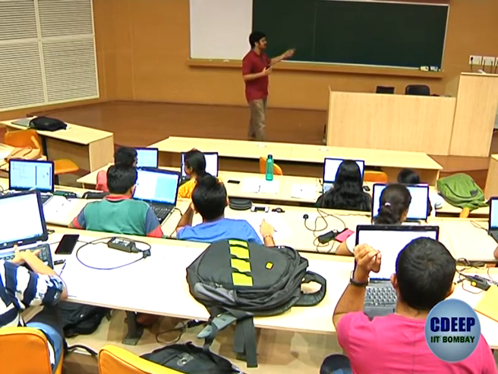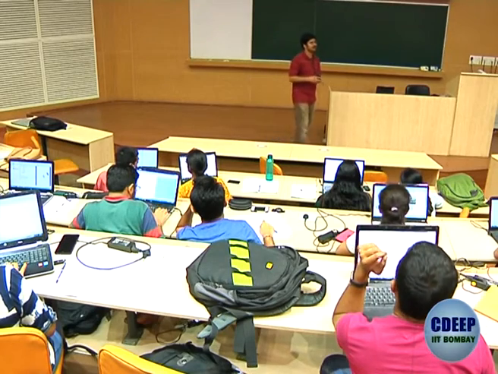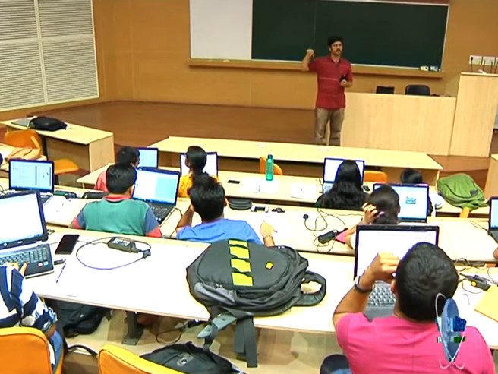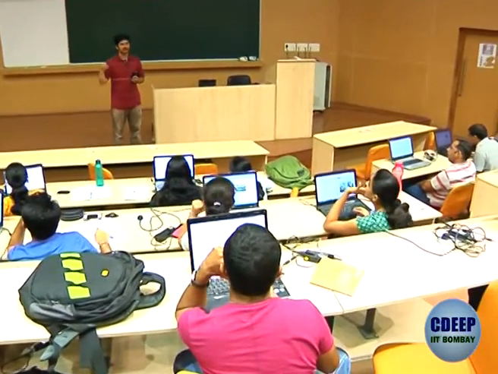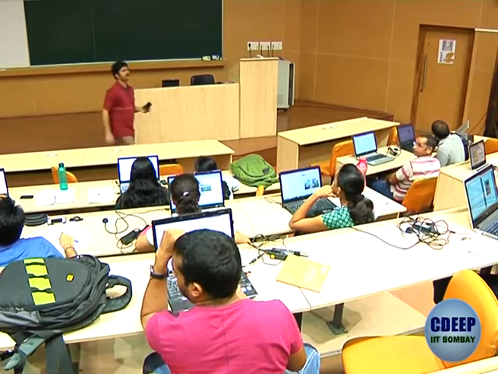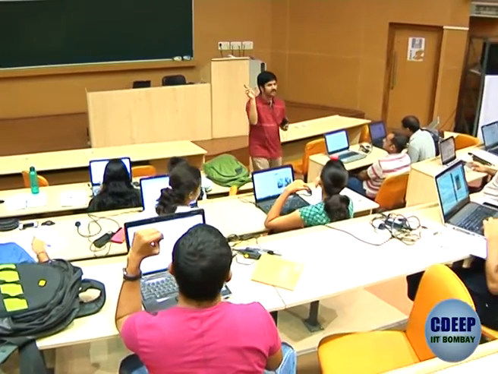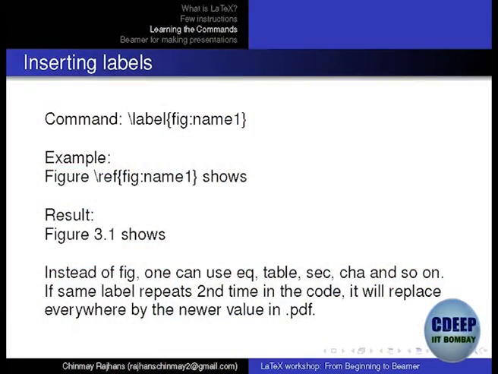Put it in the equation. Go to any of your previous equations. Just put backslash label EQ colon something, and here you just put backslash ref bracket EQ colon something. If you do that, that equation number will come automatically. Whatever equation number is shown on the right will be shown here. How many got the reference correctly?